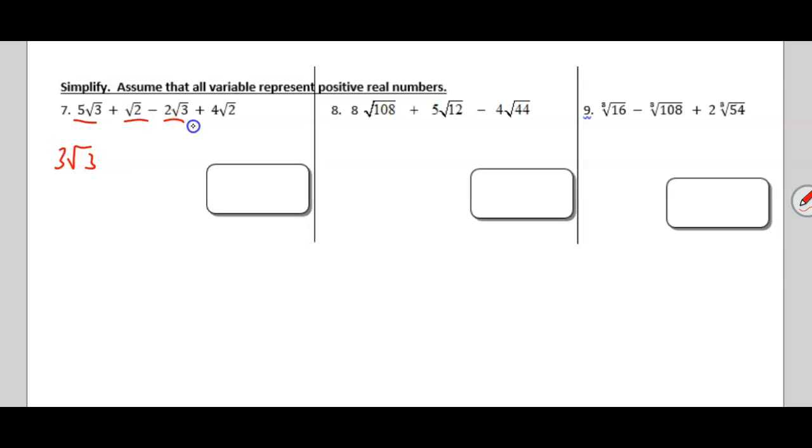And then I have 1 radical 2, positive 1 radical 2, and positive 4 radical 2. That'll be 5 radical 2. And then just stay like that. We cannot combine a 3 and a 5 because the radicals aren't the same. Over here, we need to work to see if we can get the same radicals, okay? So when we try to simplify this one,